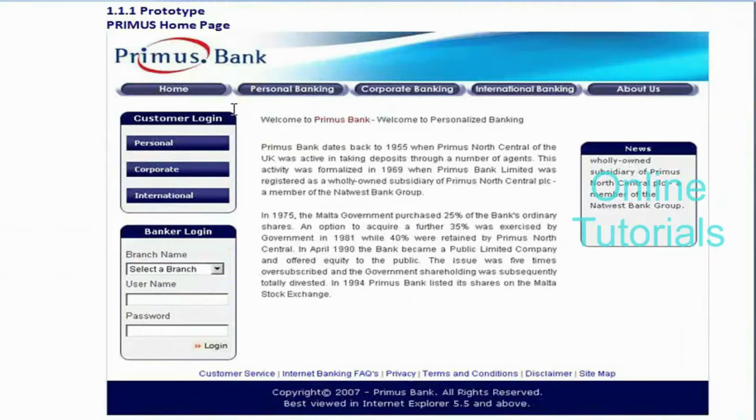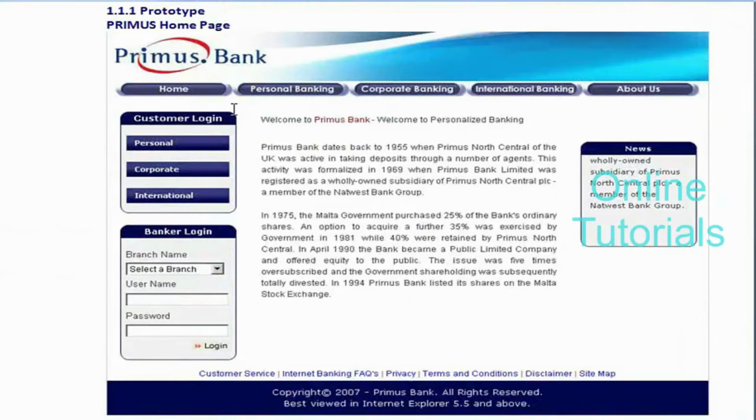By simply going through all these buttons. When we press, for example, personal banking, it should redirect to the next page or not. Yes, exactly. That is the navigation part. Clicking on buttons and links all comes under navigation. Other than that,